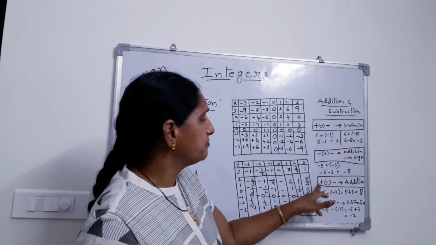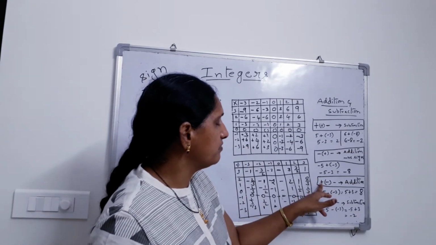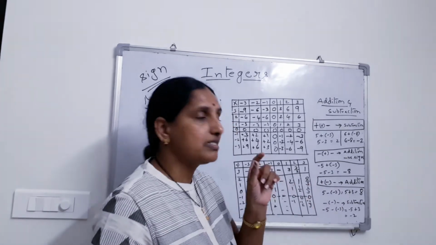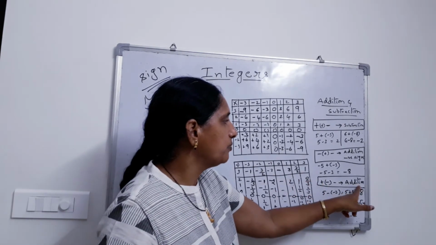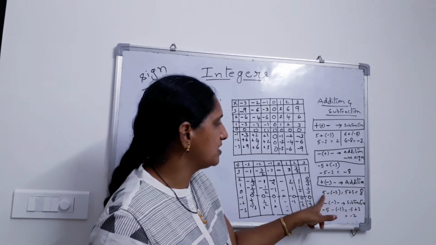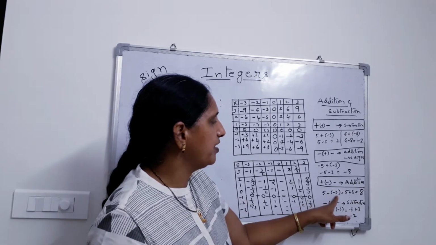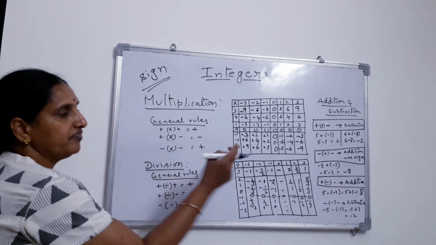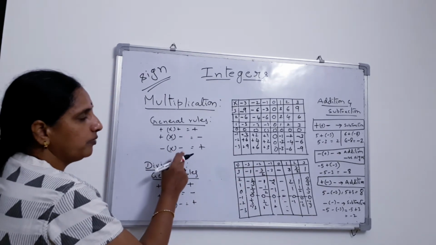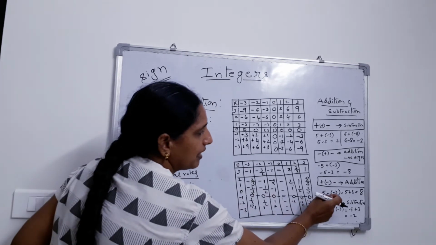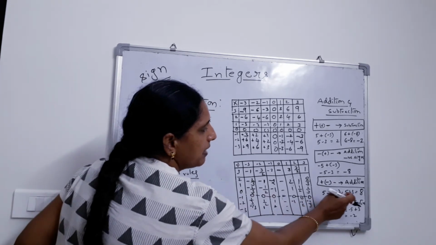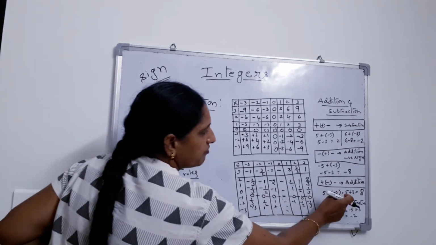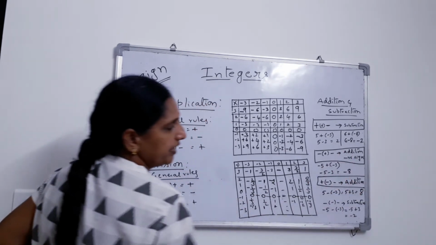Now, this is adding a positive integer and a negative integer. And here what is taking place? Subtraction. So, the result is going to be addition here. Why? Because see the example. 5 minus of minus 3, minus into minus. Here "of" means multiplication, minus into minus is equal to plus. So, 5 plus 3 is equal to 8.